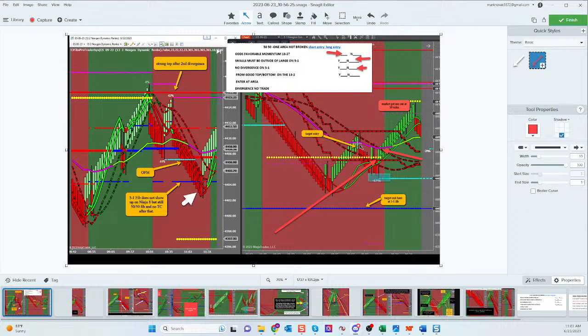Isn't that beautiful though? Because you could have gotten in and made $100, right? Gone break even, conditions change. A medium probability trade can still be a moneymaker. It just isn't always a home run. Jose, thank you for posting this picture. Wouldn't it be horrible to never post this picture and to just think that the market sucks and hates you? When really you can go through it pragmatically and say to yourself, the conditions changed on a medium probability trade. This requires some management. And then guys, you're going to keep these pictures coming and we're going to get better at this every day.